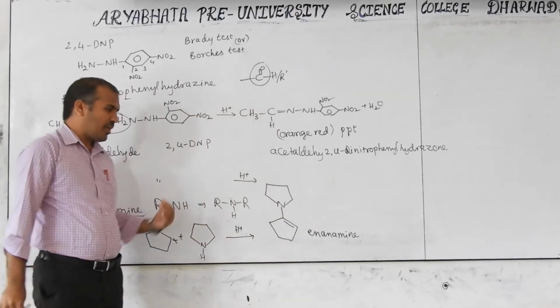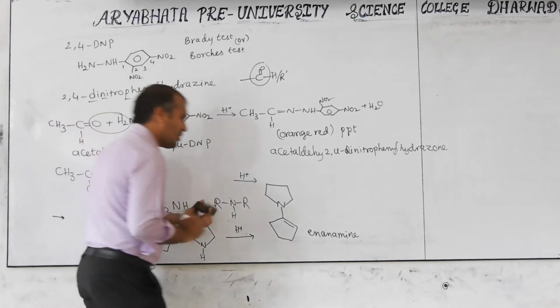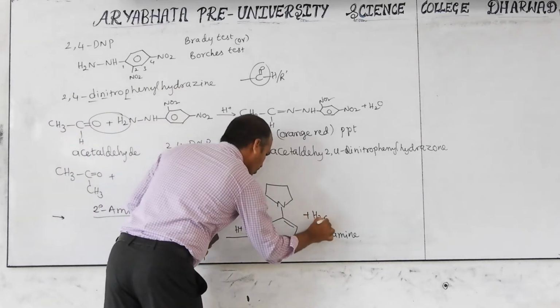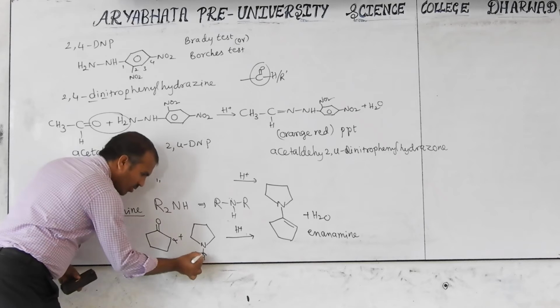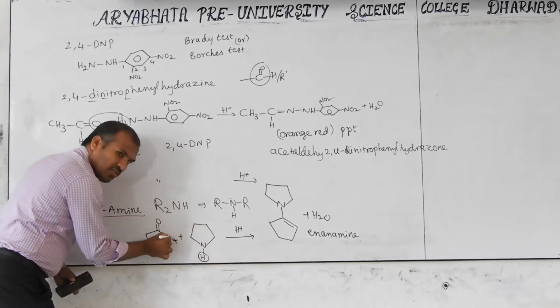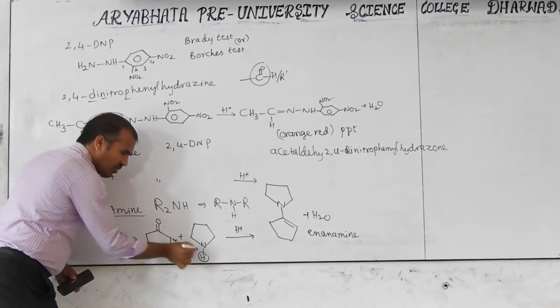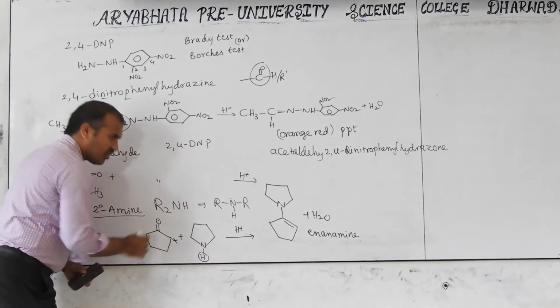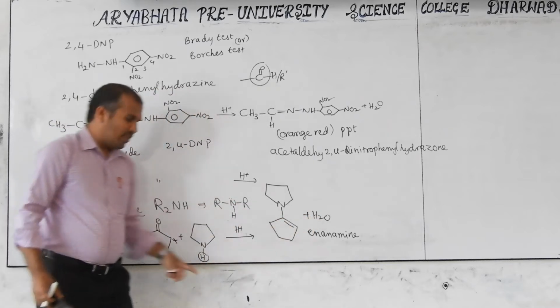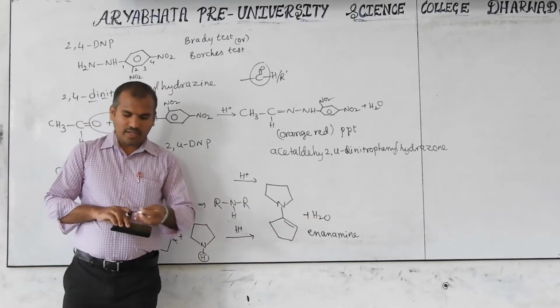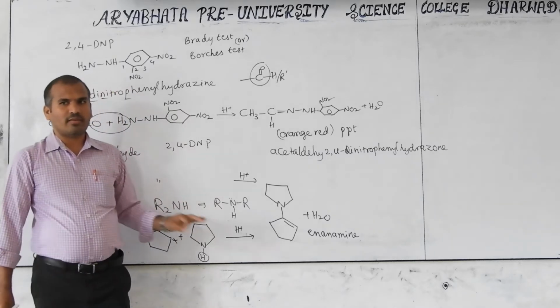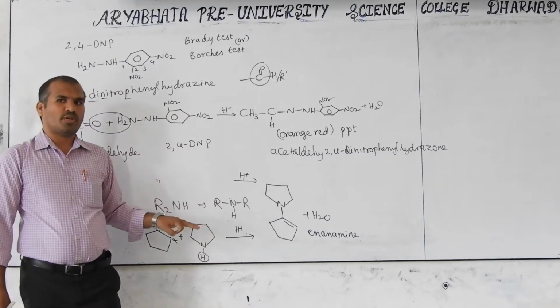Actually, according to this mechanism, one water molecule is lost. See how many hydrogens are here? One hydrogen. This hydrogen is lost. Here also one hydrogen is lost. And this oxygen: 1, 2 hydrogens and this oxygen, H2O. When lost, one double bond forms, the remaining stays as it is. According to our textbook, this is not there, but maybe they will ask it in competitive exams.